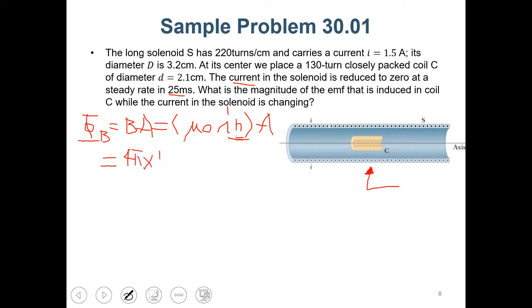4 pi times 10 to the minus 7. And the number of turns is 220 turns per centimeter, so it should be 22,000 turns per meter, because we need to use the SI unit. And the area would be pi